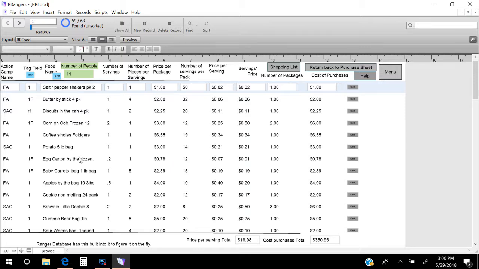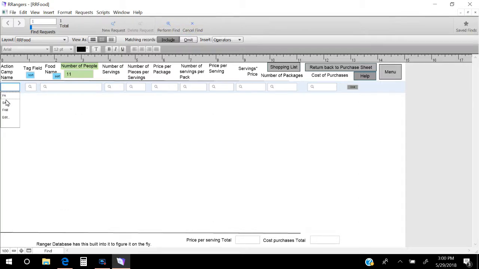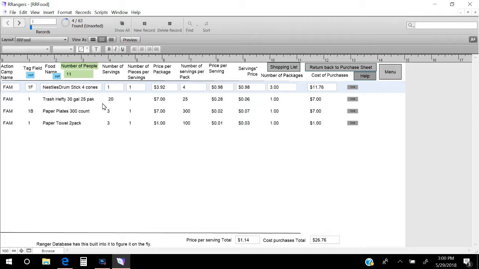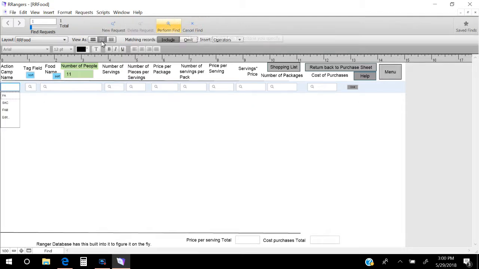So keeping that in mind, let's just find the ones that will just say family, and we'll go there and perform find, and now we have our 4 right in there that we had for just family. If you wanted the Frontier FA, it's going to find all these plus these 4s because it just has FA in there. And then if you wanted to find the ones that were just for the Frontier Adventure